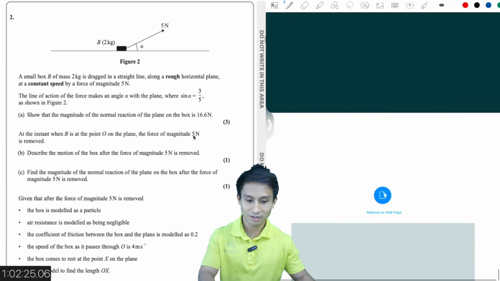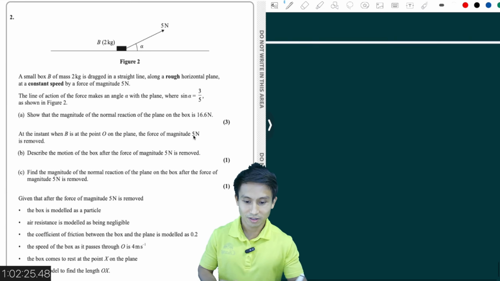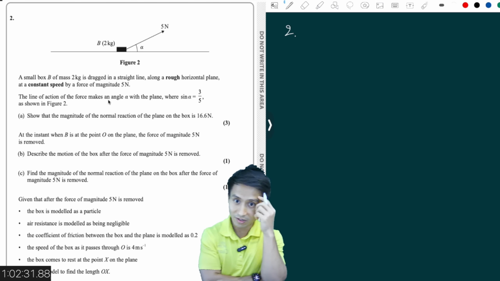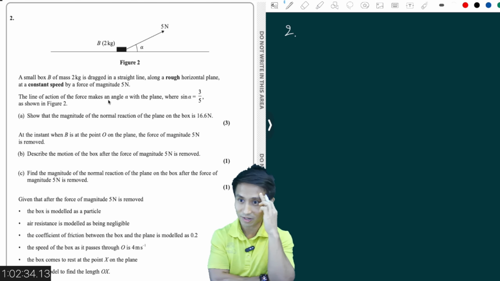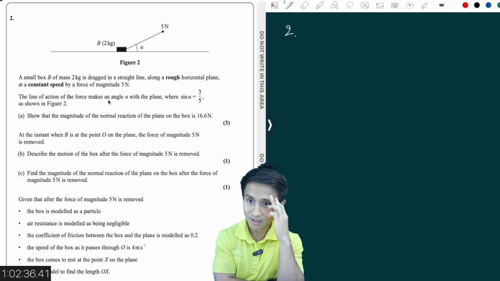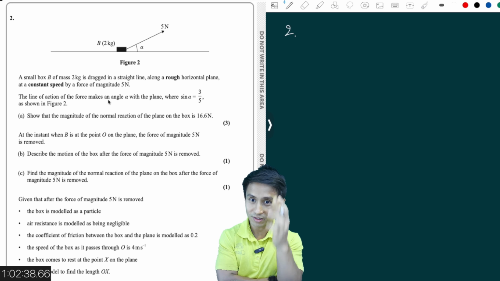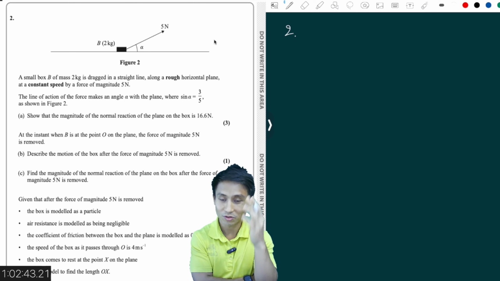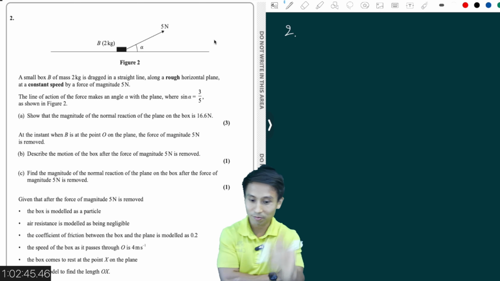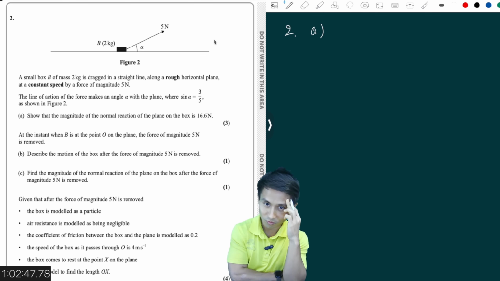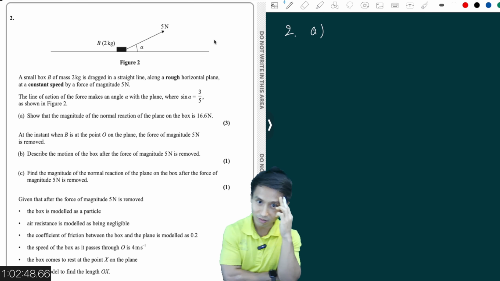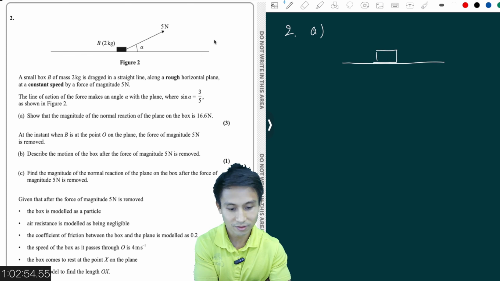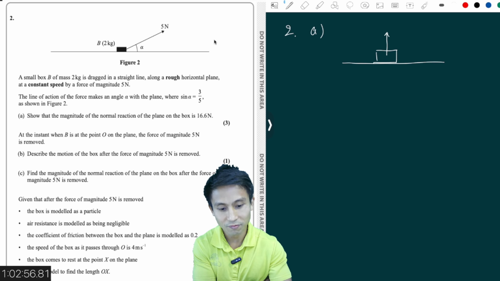Simple, easy. Number 2. A small box B of mass 2 kg is dragged in a straight line along a rough horizontal plane at a constant speed. A force of magnitude 5 newtons is acting at an angle. The line of action of the force makes an angle alpha where sine alpha is 3/5. Part A, show that the magnitude of the normal reaction of the plane on the box is 16.6 newtons. So if we resolve the force there, okay,